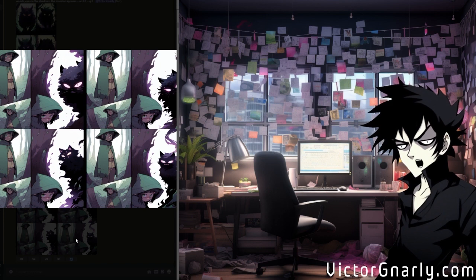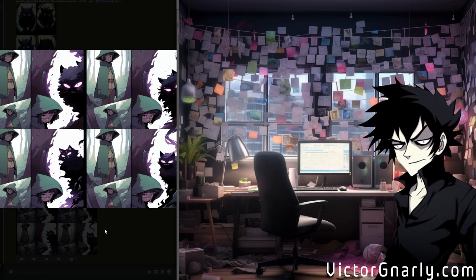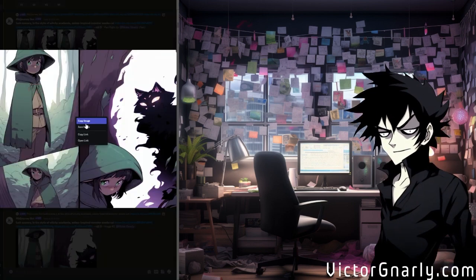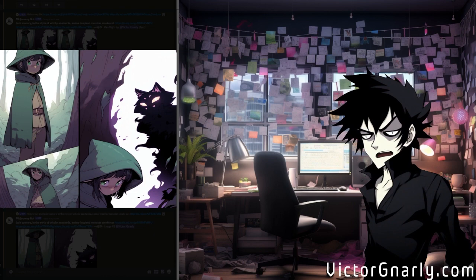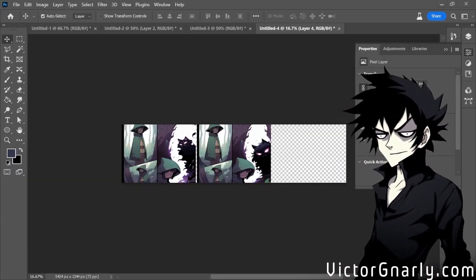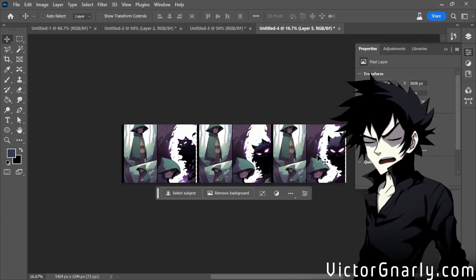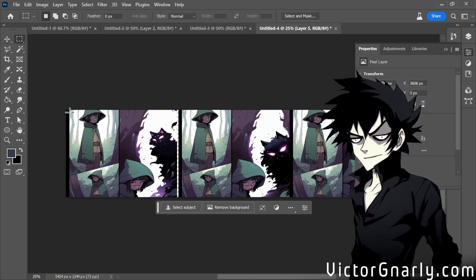Probably what looks the most fun for this will be the first one or the third one, maybe the second one. If we do them in reverse, so that this one is the first, then that, it could be like three points of conversation for the character. So let's try that real quick. I will go ahead and copy all of these into a new canvas. Now that we have these three panels that all match the same reference images, we can effectively tell a story with just these panels here.